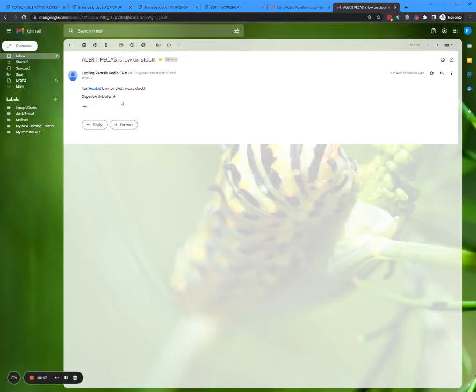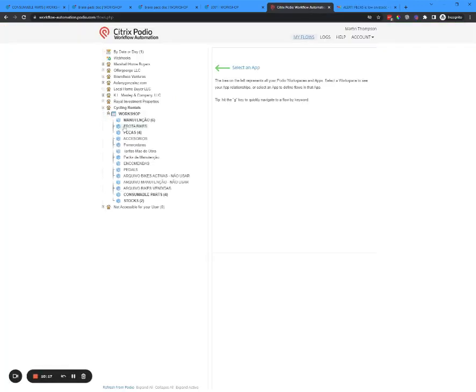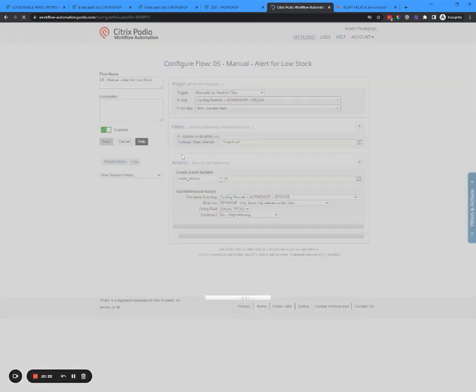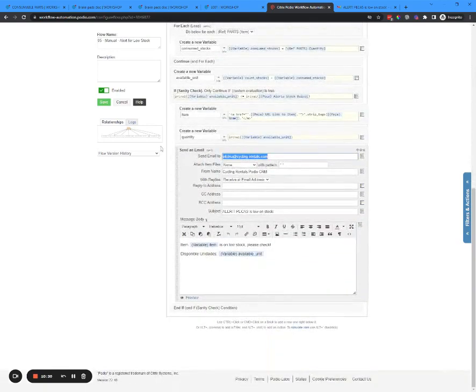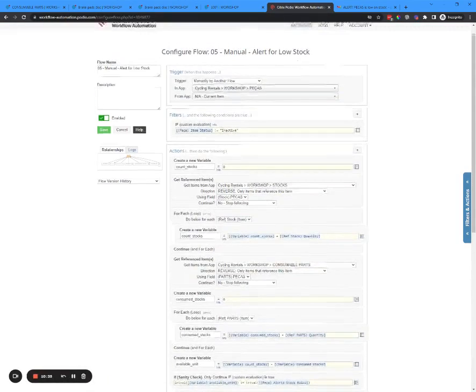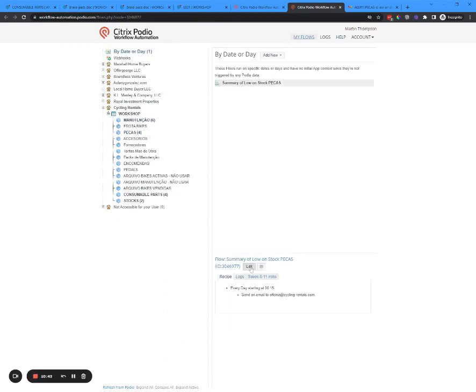Don't mind the number here. It's the other item I used earlier because the alert is now set up for your email right here. So this should now be sending alerts to your email address here. And on top of the individual alerts, you should be able to get a summary report every